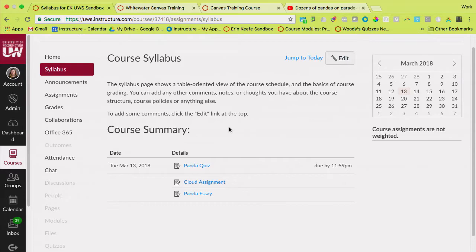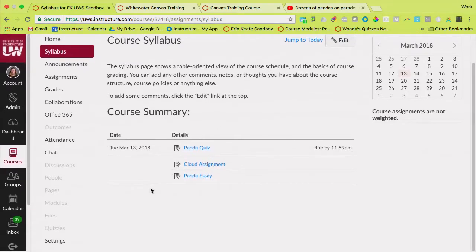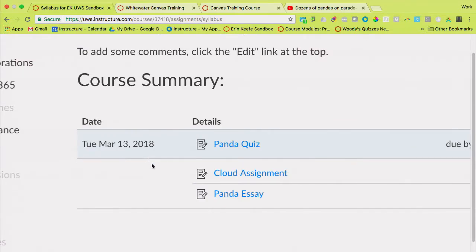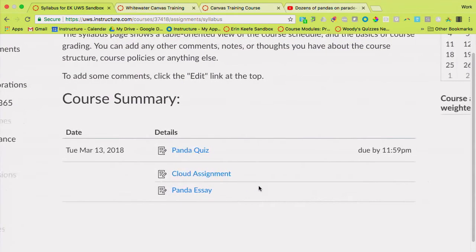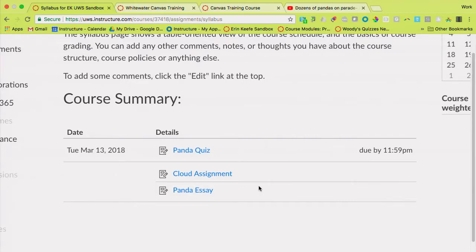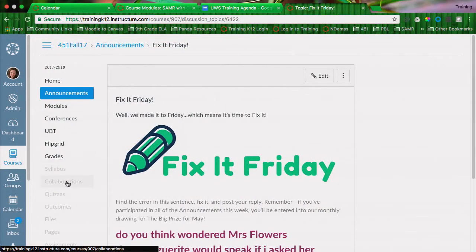The other thing that will show up in your course summary section of your syllabus are events that are attached to that course. So if you've created an event to remind students about office hours or the first time they need to post on a discussion board, those will also show up here in your summary of your course. They show up in date order. So it's important that you know how this works, simply because anything that's undated will show up at the bottom of your course summary. So if it does not have a date, it will live on the bottom of your course summary with all of the other undated items.